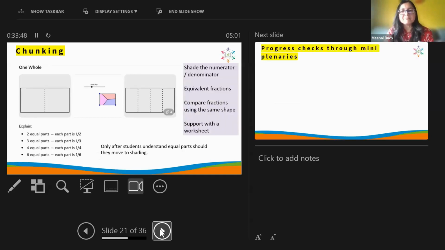But some strategies to ensure that they are engaged on the same shape and not thinking about different pictures which are not consistent. Okay,